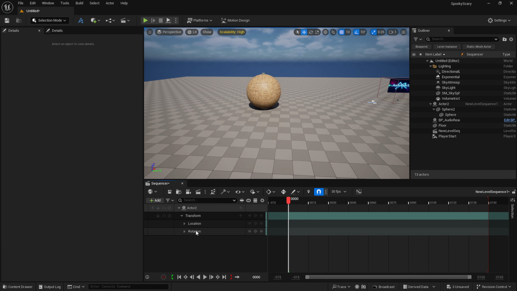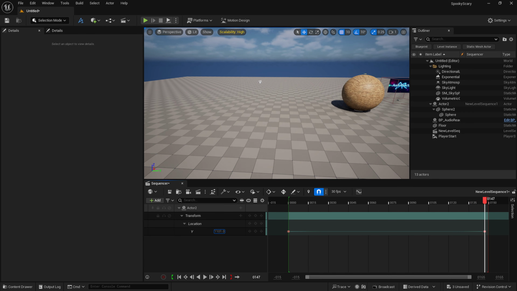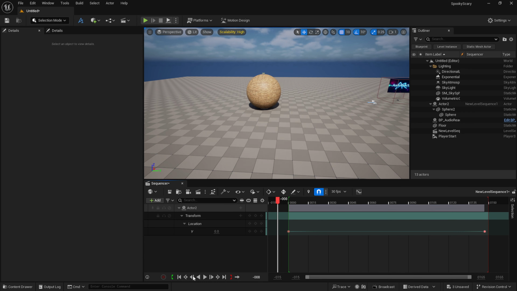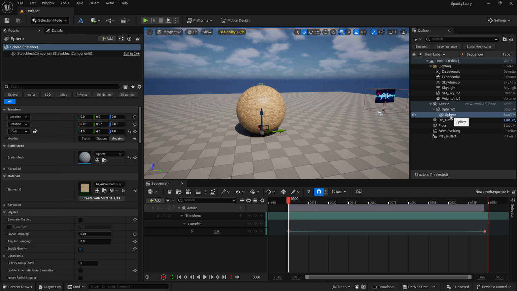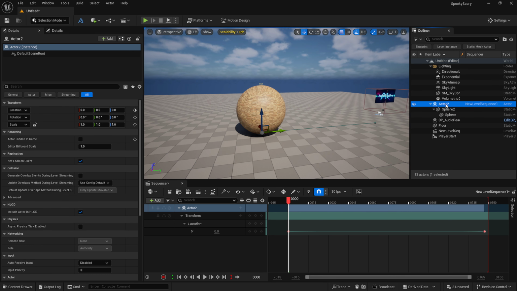Again, I'm just going to clean this up and just keep what I want. Set a keyframe on 0. Move it over here, just slide it down. There we go. So let's test this out. So now we should have this sphere reacting on scale, this sphere making it jump up in the air, and now our actor moving it over on Y. So let's do our simulate and play.